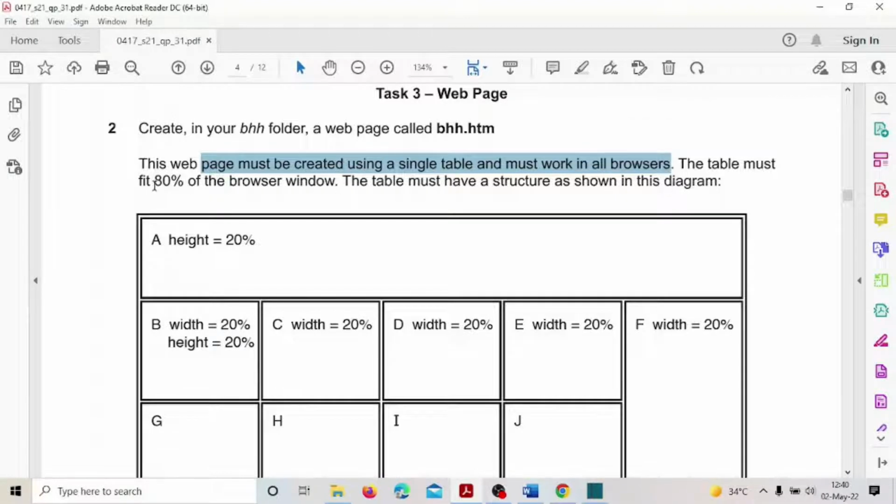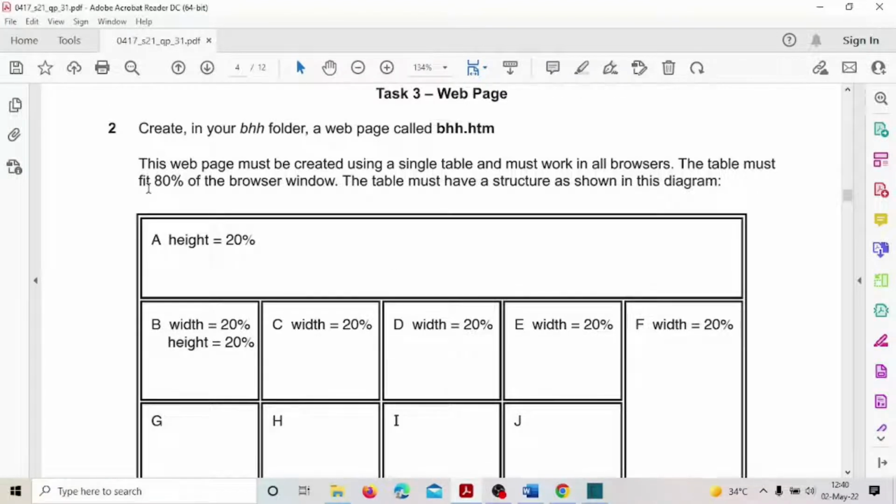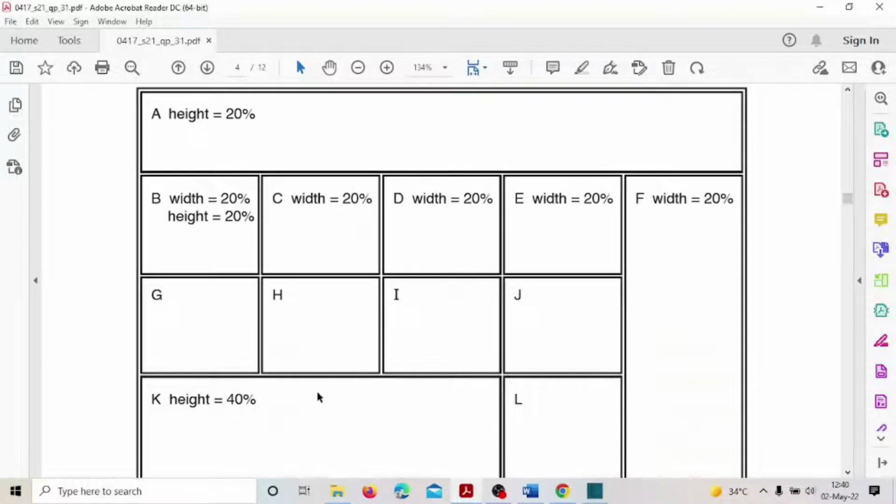The table must fit 80% of the browser window. Yes, this table has to fit 80% of the screen of a browser. The table must have a structure as shown in this diagram. Okay, so this is the table. How many columns are there, how many rows are there, we can count. 1 2 3 4 are the rows, 1 2 3 4 5 are the columns. So 4 rows and 5 columns fitting 80% of the browser window, and every cell has its own dimensions